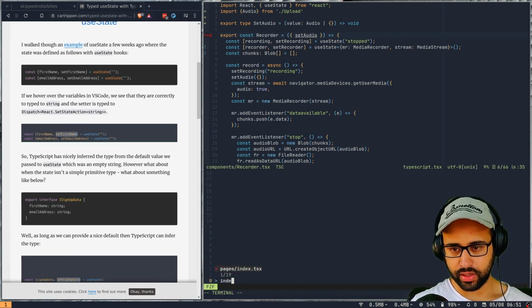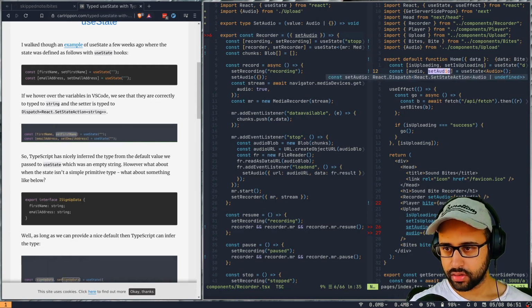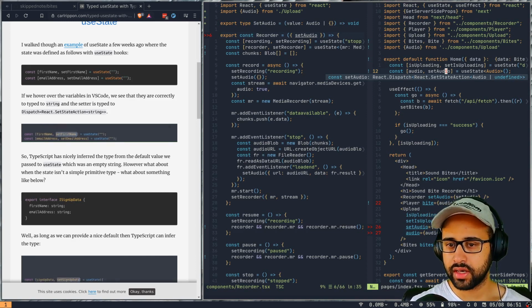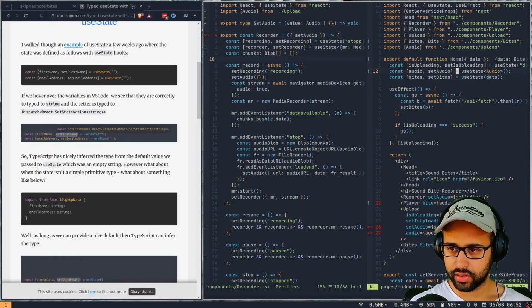Now if we go to index, right, so this is the type that React is creating for it when I use a generic audio. So it's a React dispatch of React set state action audio or undefined, so we can use the same type here. So what is it called? Let me take a look.